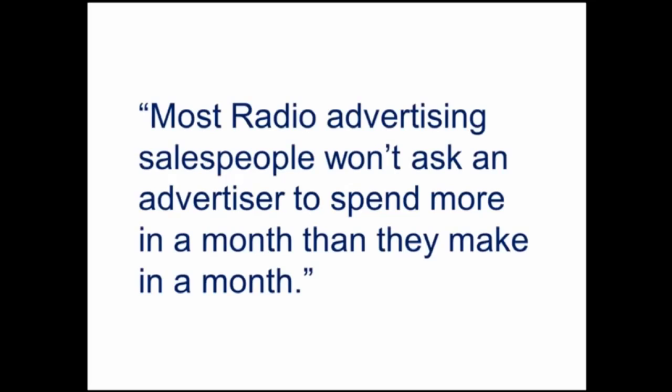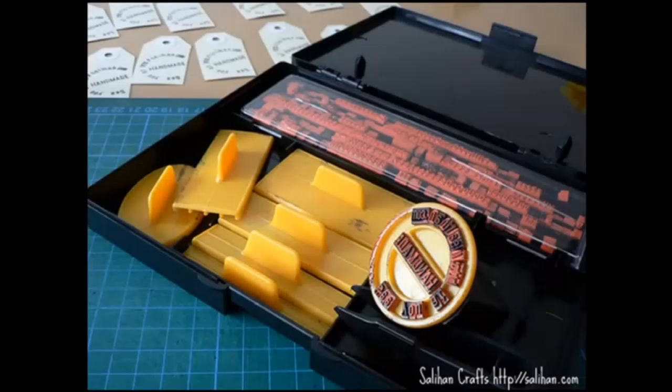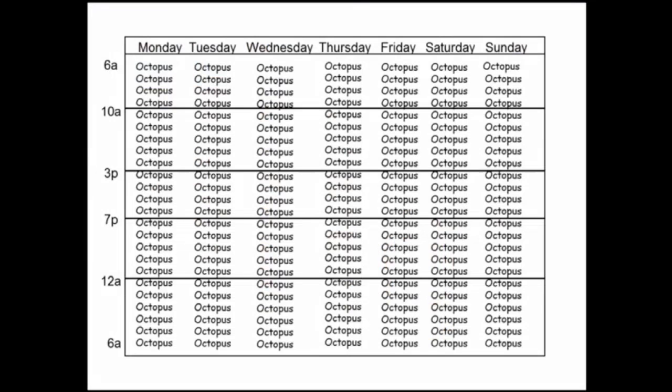You should be doing it now, even though it's old school. I did it with the old rubber stamp kit, which I sold thousands of in my seminars. But the idea was to represent the schedule as name awareness and make this intangible that we sell called radio tangible. So all I did here was make a little calendar with some boxes and day parts, 6 to 10, 10, and I showed Jeff Jerkins at Octopus Car Wash, this is how many commercials I want you to run